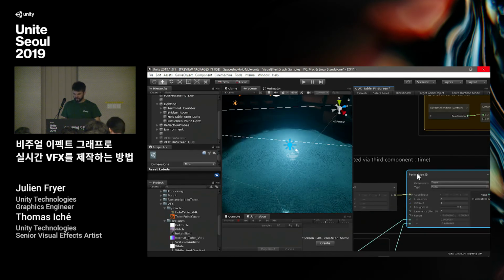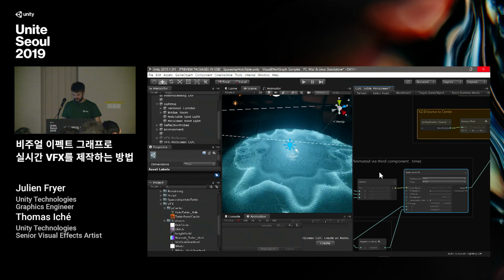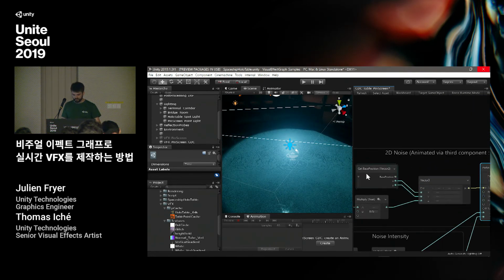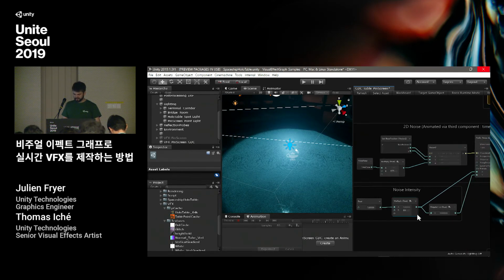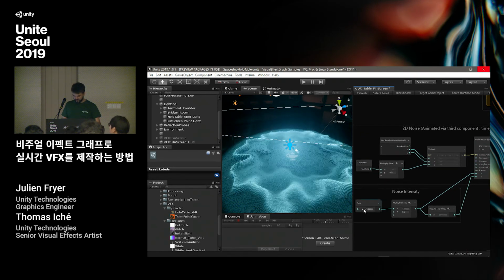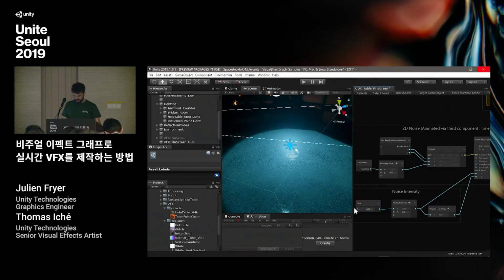We have a library of 1D to 3D noise. To perform this noise computation, we use the 2D base position, and we animate it using the total time. Then we can also perform scaling on the noise to have more or less rough noise.